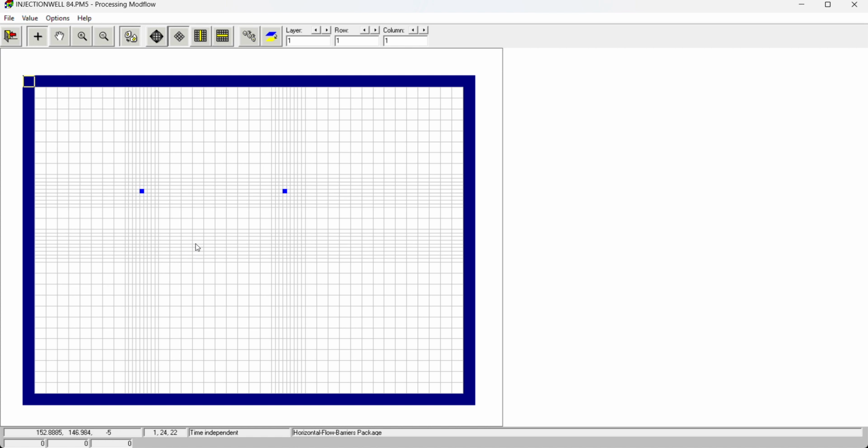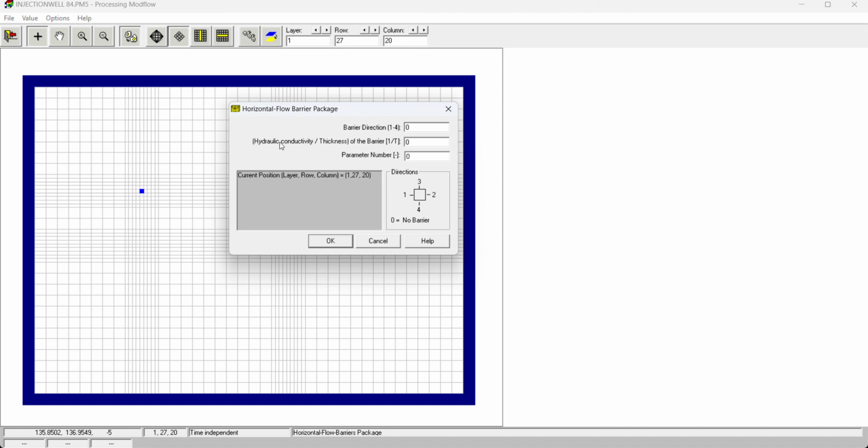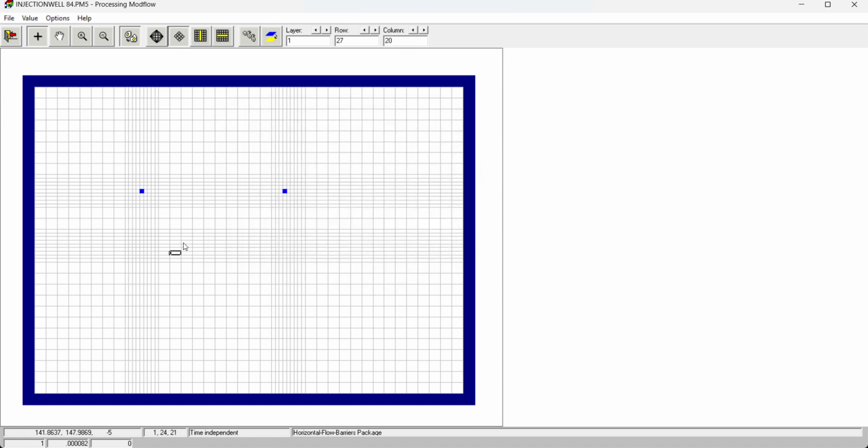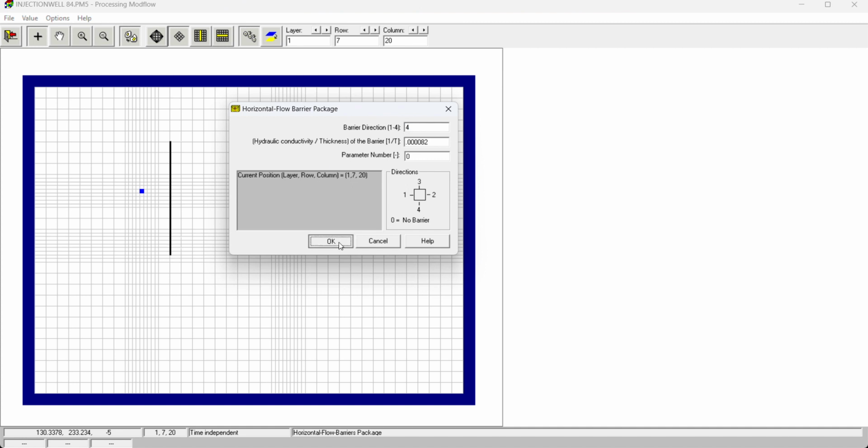So just select any location where you are going to provide a barrier. So hydraulic conductivity or thickness of the barrier, hydraulic conductivity divided by thickness. So assume it 0.00082 and barrier direction. Initially we are considering it 1. So copy it and make a barrier. So now change the direction. Okay,